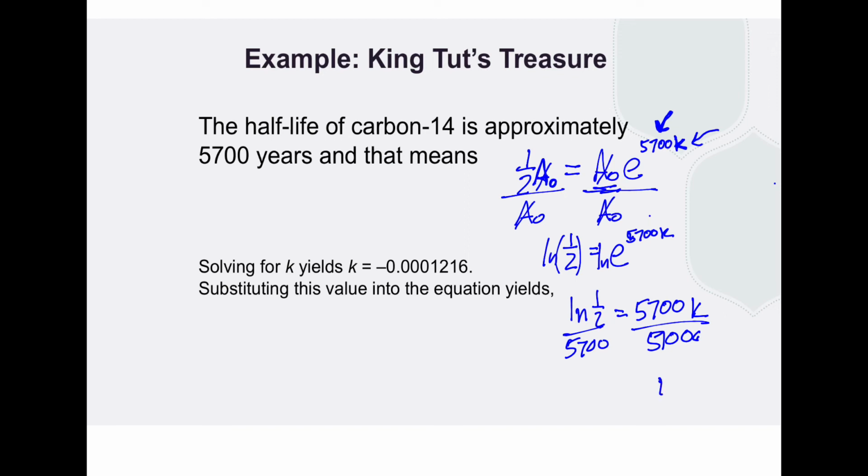And we get k is equal to the ln of 2 to the negative power, over 5,700. That negative can come out front. And so I have k equals negative ln of 2 over 5,700. Doing the math there, we can find our value of k with a decimal approximation. Negative ln of 2